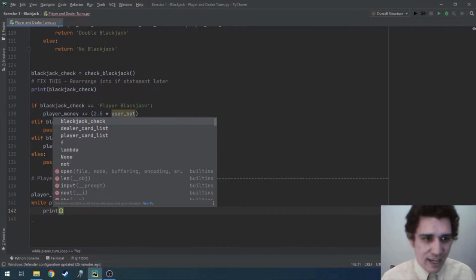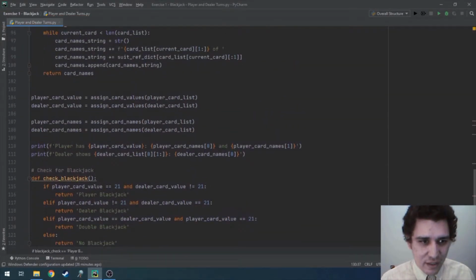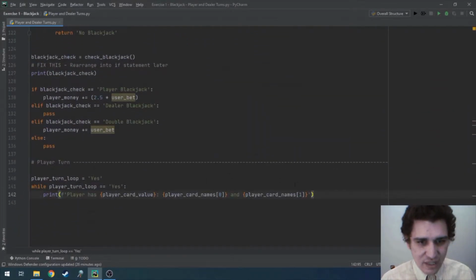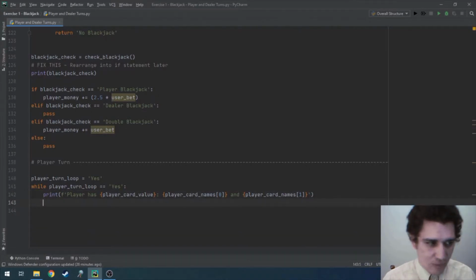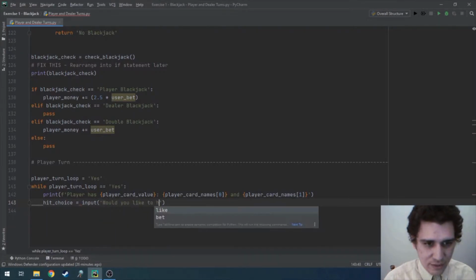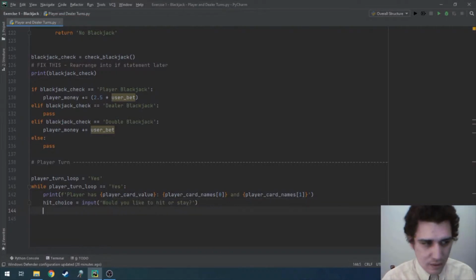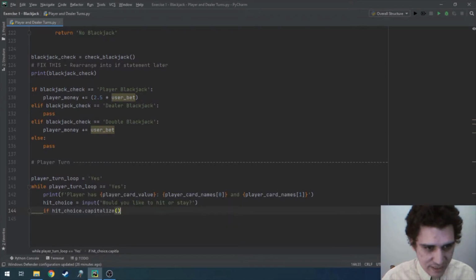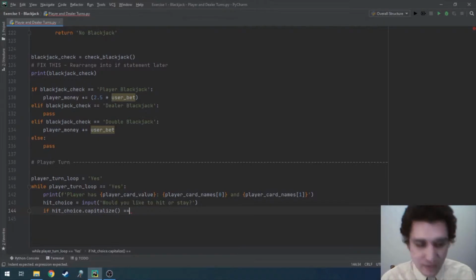Print, and I'm going to go ahead and print the player's card string again, just to make it clear after we've talked about blackjack and stuff. Player has this, and then we're going to do hit choice. That's going to be a string assigned to the input of would you like to hit or stay. Great. So now let's do if hit choice dot capitalize. I love capitalize to make sure that capitalization doesn't impact the player's answer. If hit choice capitalize is equal to hit,